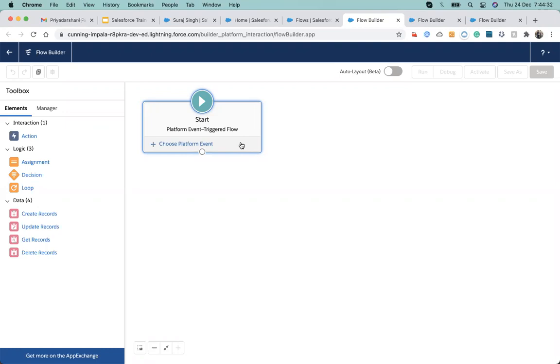So whenever we have such kind of work where we have to broadcast a message, it's not about all of the users, it's just broadcasting the message, and whoever subscribes, it can be a user, it can be a third-party system, it can be a legacy system, it can be anything.